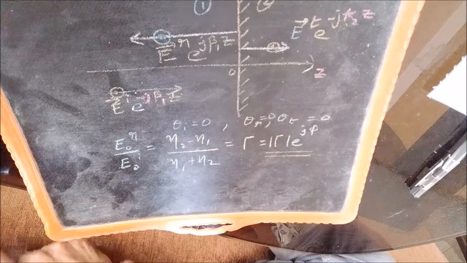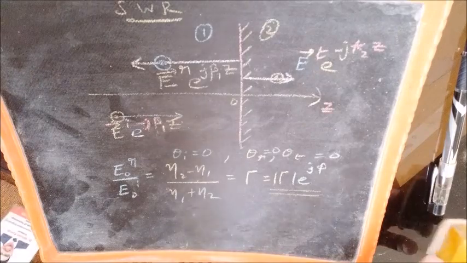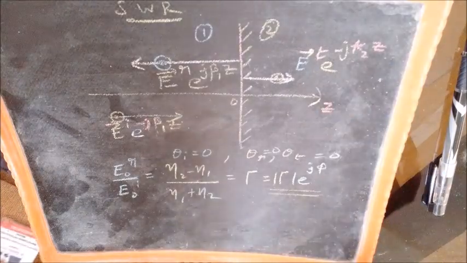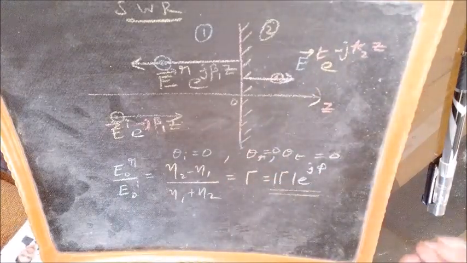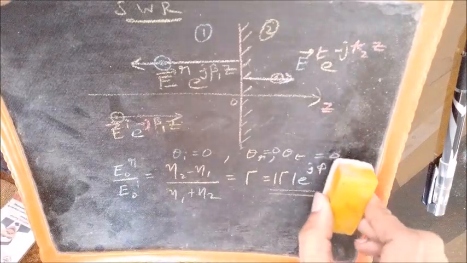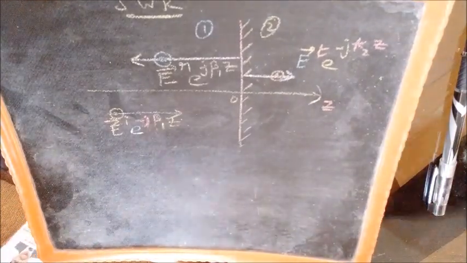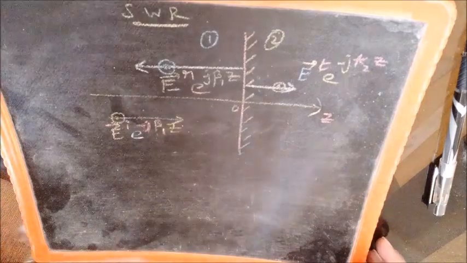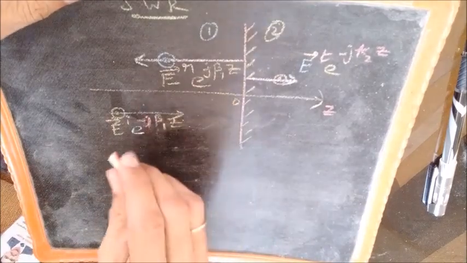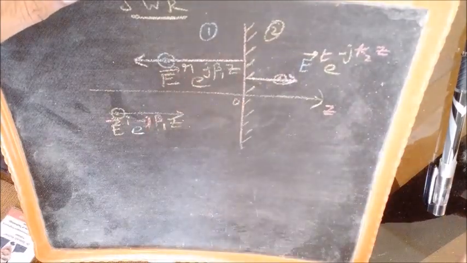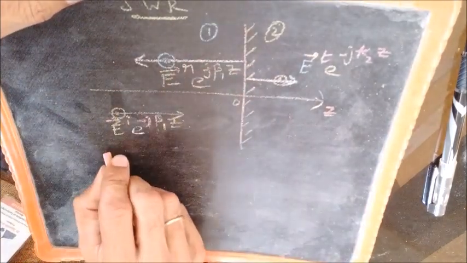Okay, now having obtained the expression for the reflection coefficient, which of course is a special case of the oblique incidence we discussed earlier, let us now discuss more on this so that we can understand what we mean by standing wave ratio. Essentially what happens is, on the left hand side of this figure, that is in region 1, we have basically